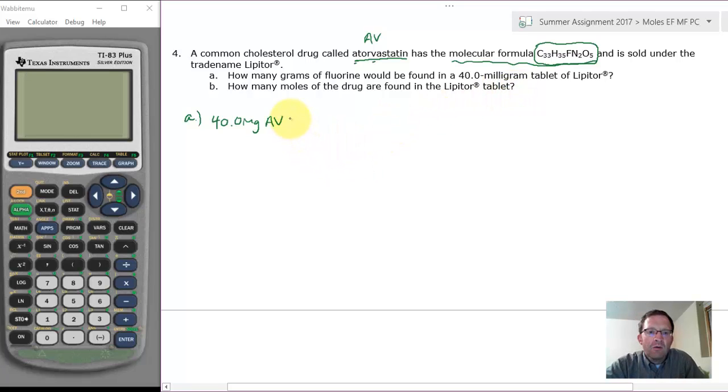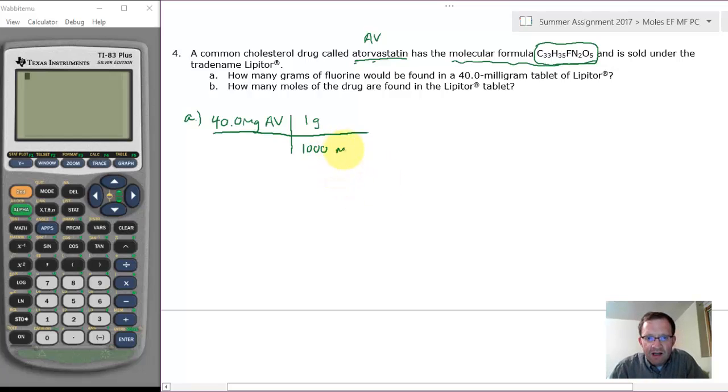So what we're going to do first here is we're given a problem to start out in milligrams, and milligrams are the unit that you commonly see in things like pharmaceutical drugs, because drugs are given in such small quantities that milligrams are the measurement unit that we use, not grams. 200 milligrams in an ibuprofen or something like that. So it's a pretty common little unit, and it's one that we learned about in metrics way back in grade school and don't use a whole lot since. So the first thing I want to have you do here, and I would encourage you to do, is think about it